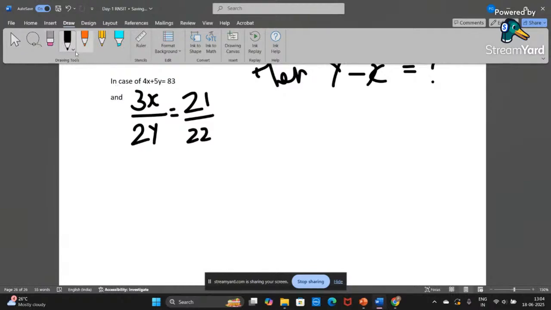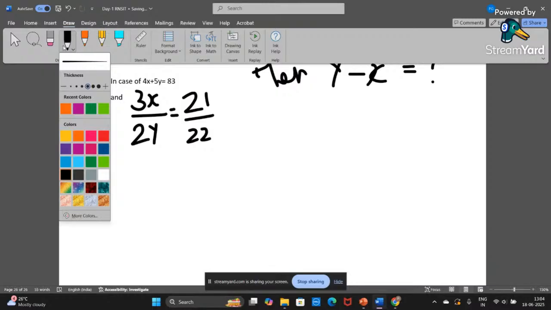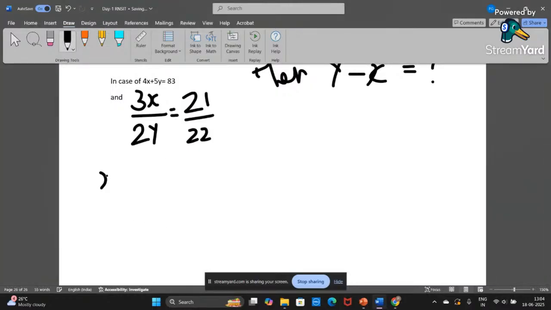first, let us find the x value with this equation. What is x? x equals 21 by 3, right? 3x equals, okay, 1 minute. See, 3x equals 21, 2y is equal to 22. This is all we know. So we need to find the x value. x is equal to x alone value. So it is 21,